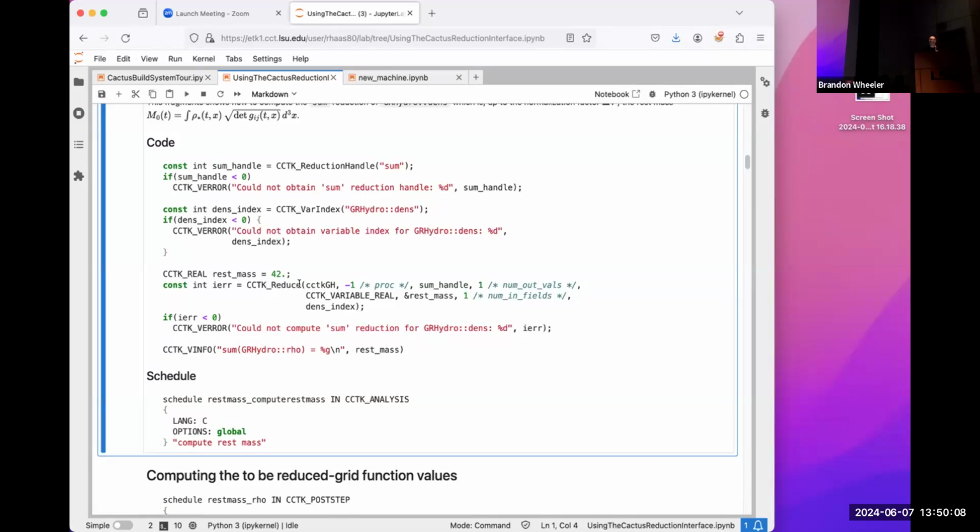I give it this DKGH -1 so that all the MPI ranks are told what the answer of the function is. My sum handle that I've just obtained, I have an output value. It's a real value grid function. I want to store that one in the rest mass variable. It could be an array, but the pointer to scalar is as good as an array of one number. I have one input field, namely density, and I pass in that one